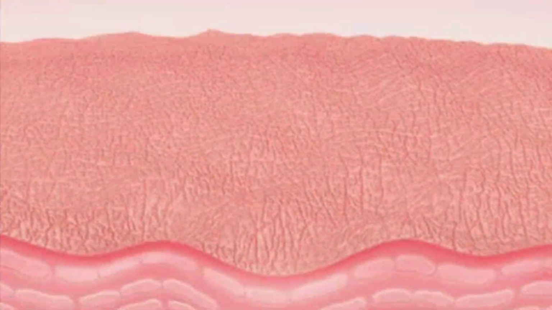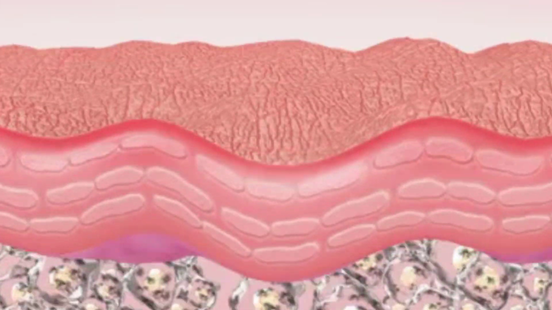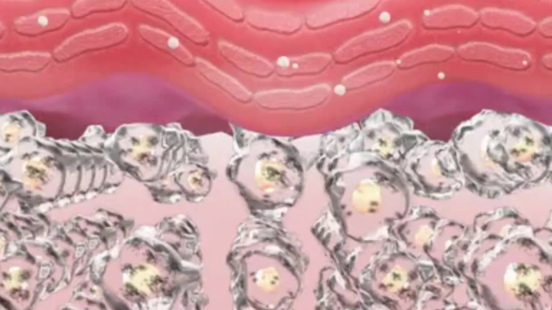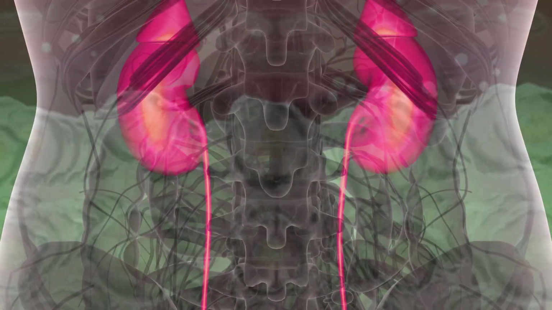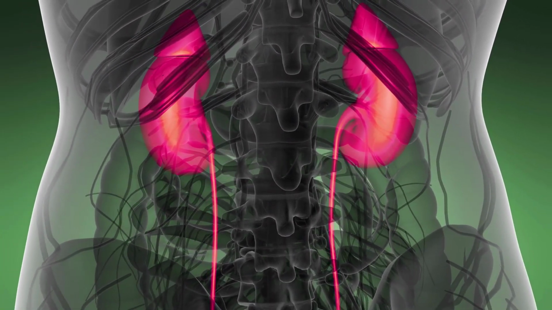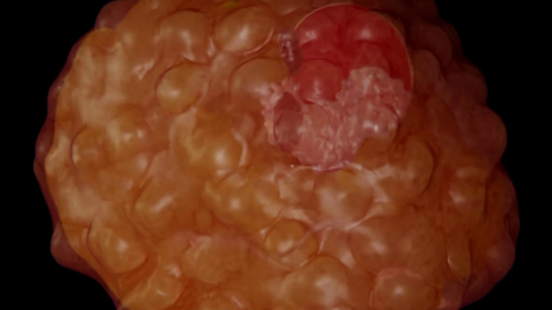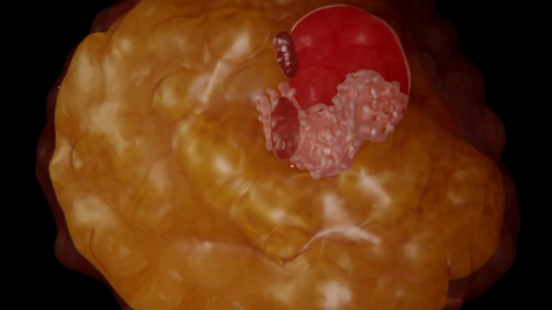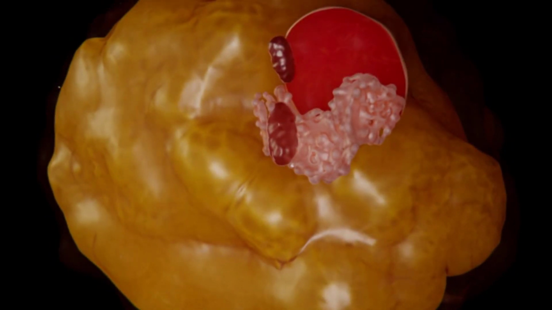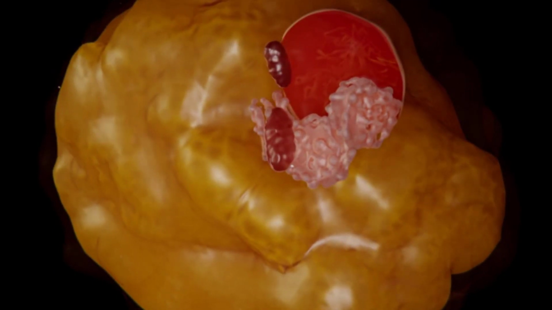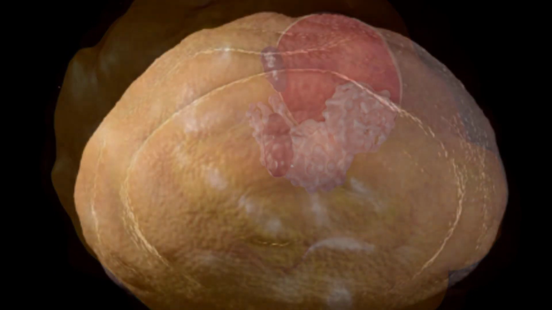The kidney is protected by 3 layers of connective tissue. First, there's a fibrous renal fascia, which is immediately deep to the parietal peritoneum. This tissue binds the kidney and associated organs to the abdominal wall. Second, the perirenal fat capsule, which is a layer of adipose tissue that functions to cushion the kidney and hold it in place. And third,